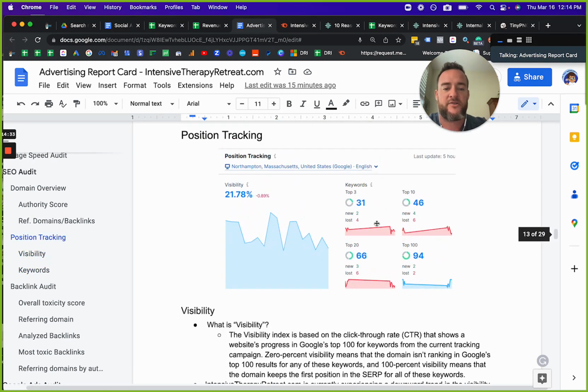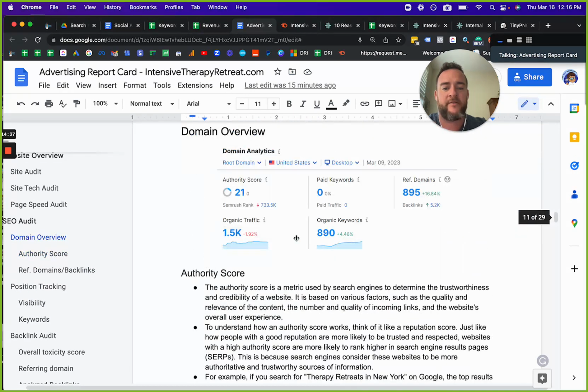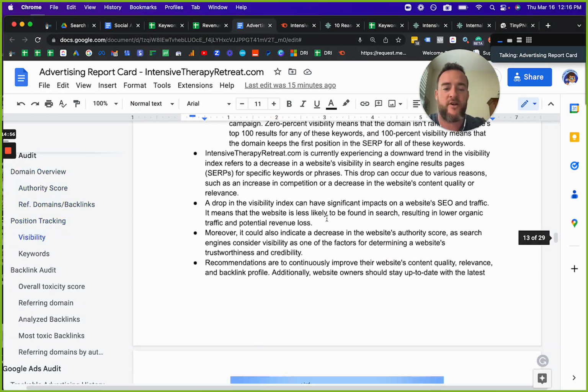And if you're looking for a signal on that, if you look at the overall gain, organic keywords just in this measurement's up 5%, and you're at 890 keywords that you're ranking for. And the content itself is so good that your referring domains are going up. So a lot of people are linking to your website as well for general information. So overall, looking pretty strong on the SEO front.